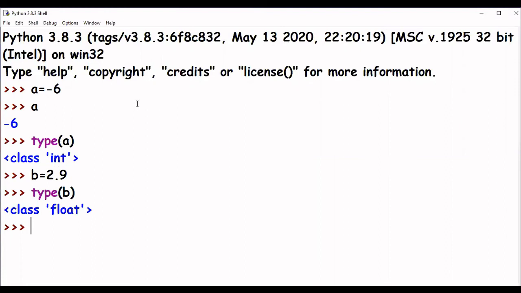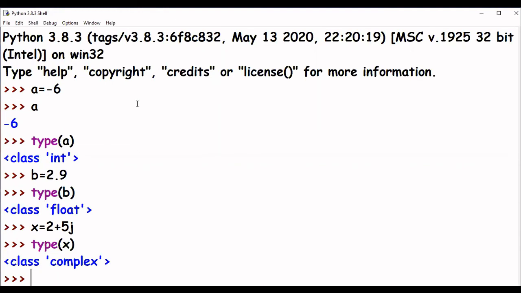Now I'm going to show you complex numbers. Complex numbers are made up of a pair of a real number and an imaginary number. So they have 2 parts to it. Let's say x equals 2 plus 5j. Over here, 5j is the imaginary number, 2 is the real number. When I check the type, I'm going to get complex.